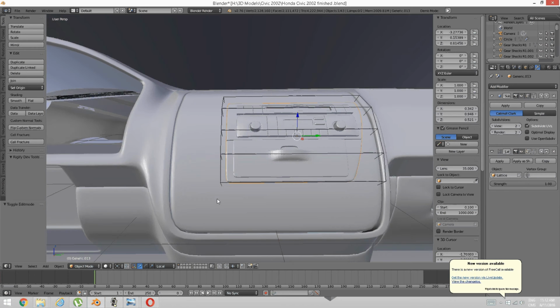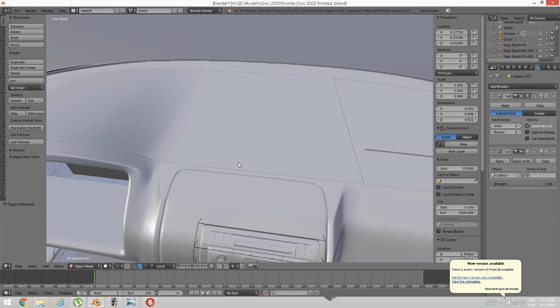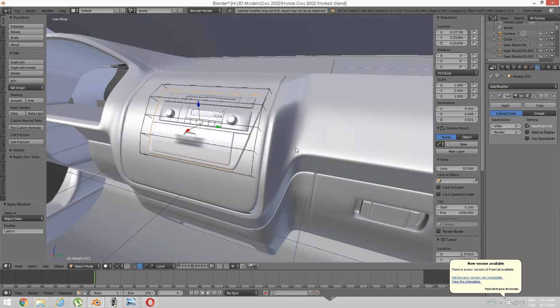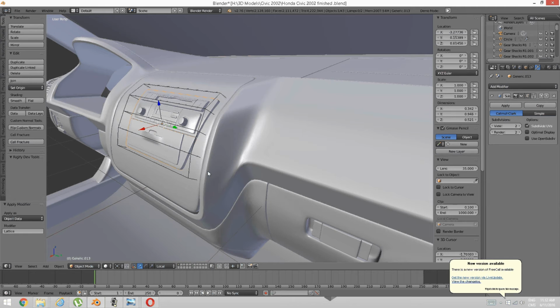The button knobs right here is what we had to add. And maybe do the car vents right here. And we just hit apply like that, and it automatically applies that to the object. So now we can select this and